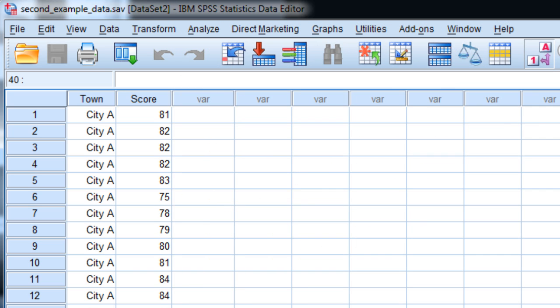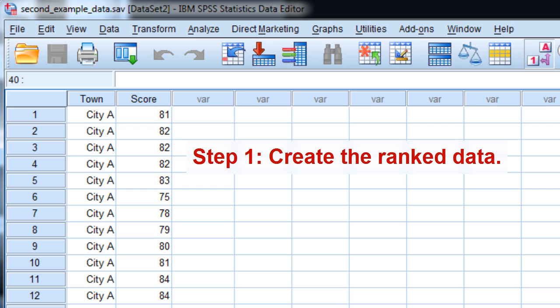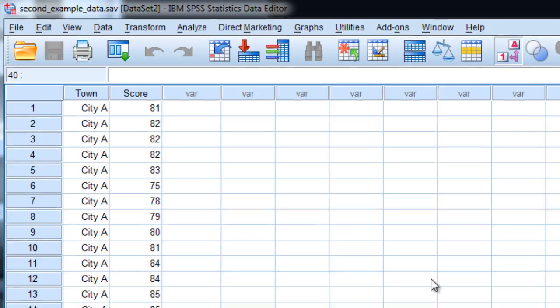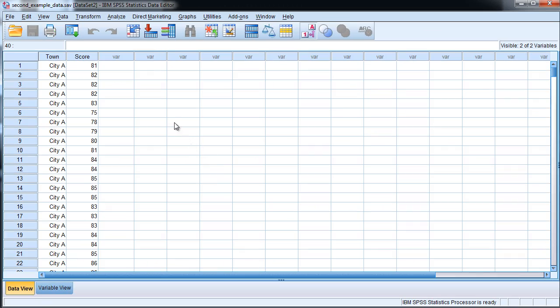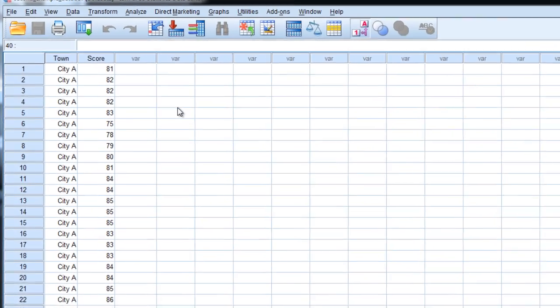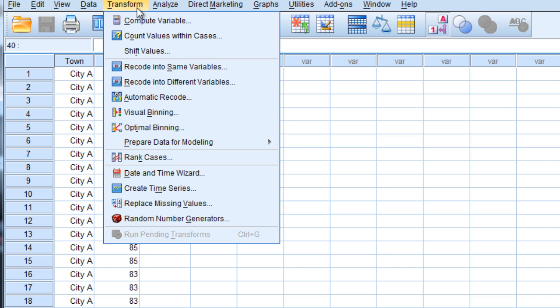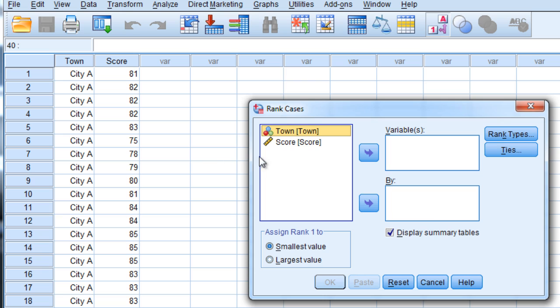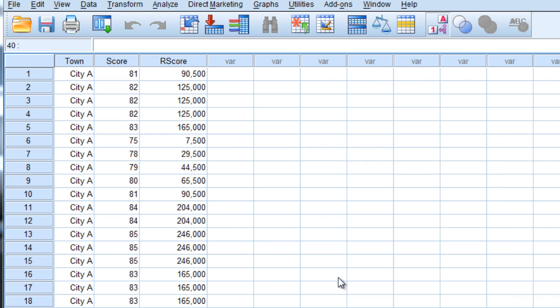Step 1. Create the ranked data and put them into a new variable. This is how I do it with my example data. In the SPSS menu, select Transform and then Rank Cases. Put your data into the field Variable. In my example, it's Score. And then click OK.